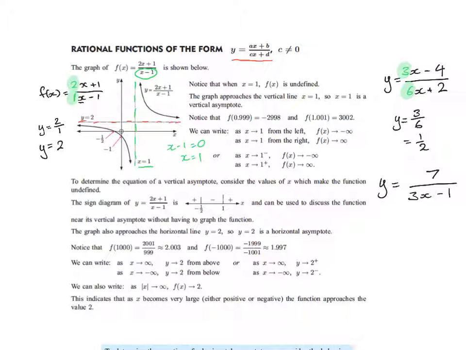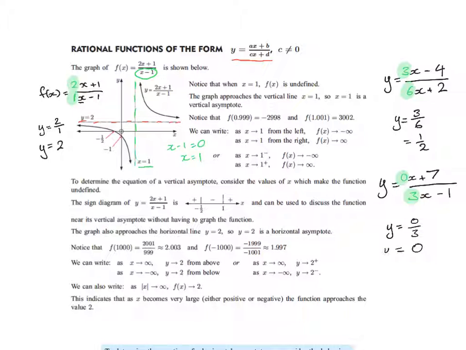Well, you're probably thinking there's no x term on the top. So what do we do? Well, think of it this way. It's kind of like 0x plus 7. Because 0 times x is just 0, so it kind of goes away. So it still equals 7 on 3x minus 1. So you could think of the horizontal asymptote as being like 0 over 3. So the horizontal asymptote is actually y equals 0 on 3, or in other words, just